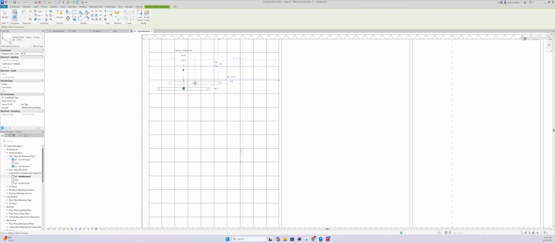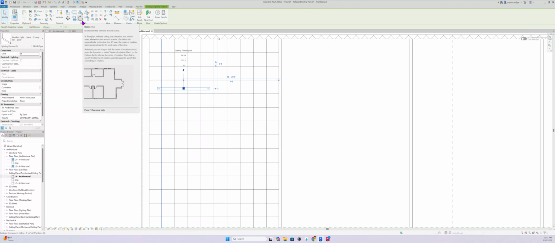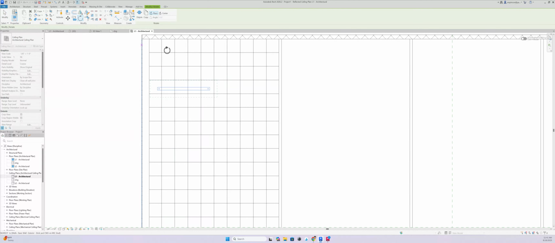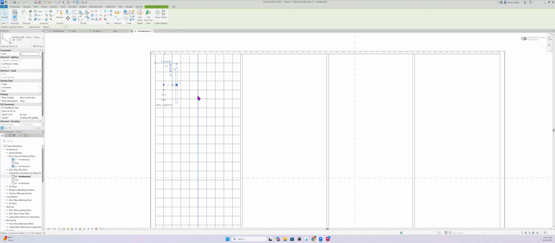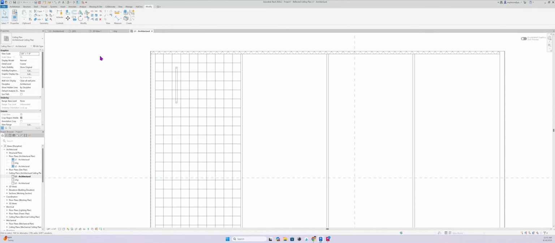I'm gonna have to do some rotation, so I need to click on the item. Automatically, after an item is selected, it goes to Modify. So I'm gonna rotate it, and set up an axis here. Remember, this is Revit 2026, so it's a little bit different. Okay, so then what I'm gonna do on my level 1, architectural level 1,